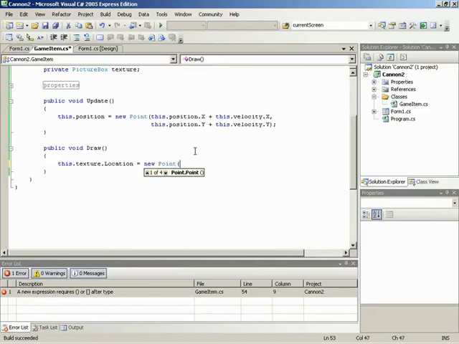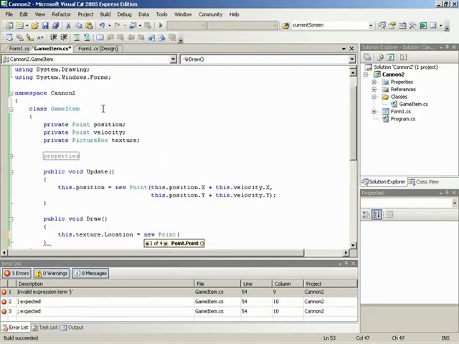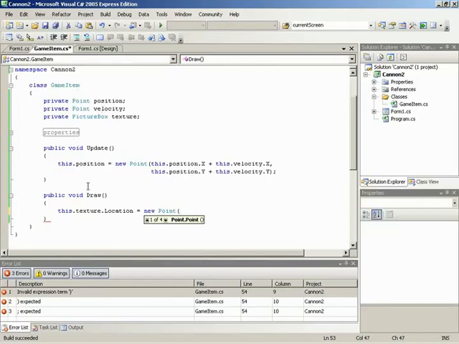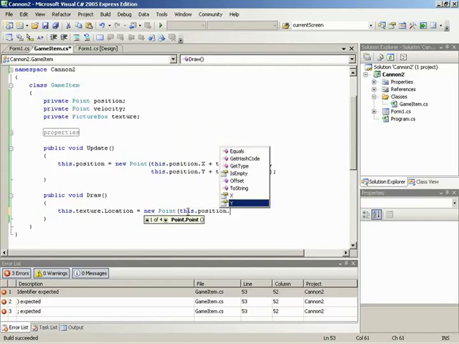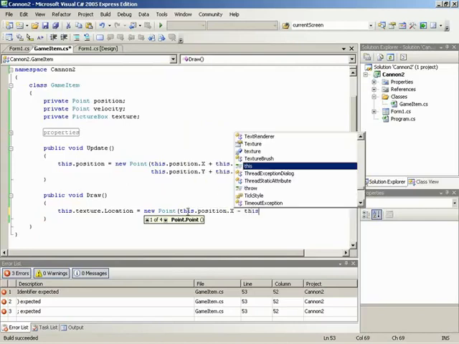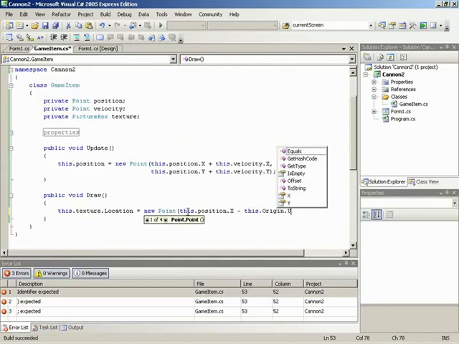And we needed to set the texture's location to wherever the position of this game item is, though we need to take into account our origin, because we want to look at position as the center of the item. And if we just set it directly, then position is going to mean the top left of the picture box. So we're going to need to take our current position and then subtract the origin from it. Because remember, if we started at 0, 0, or if we had the control at 0, 0, we'd have to move it up and then left in order to center it. Right. So let's take our position, so this dot position dot x minus this dot origin